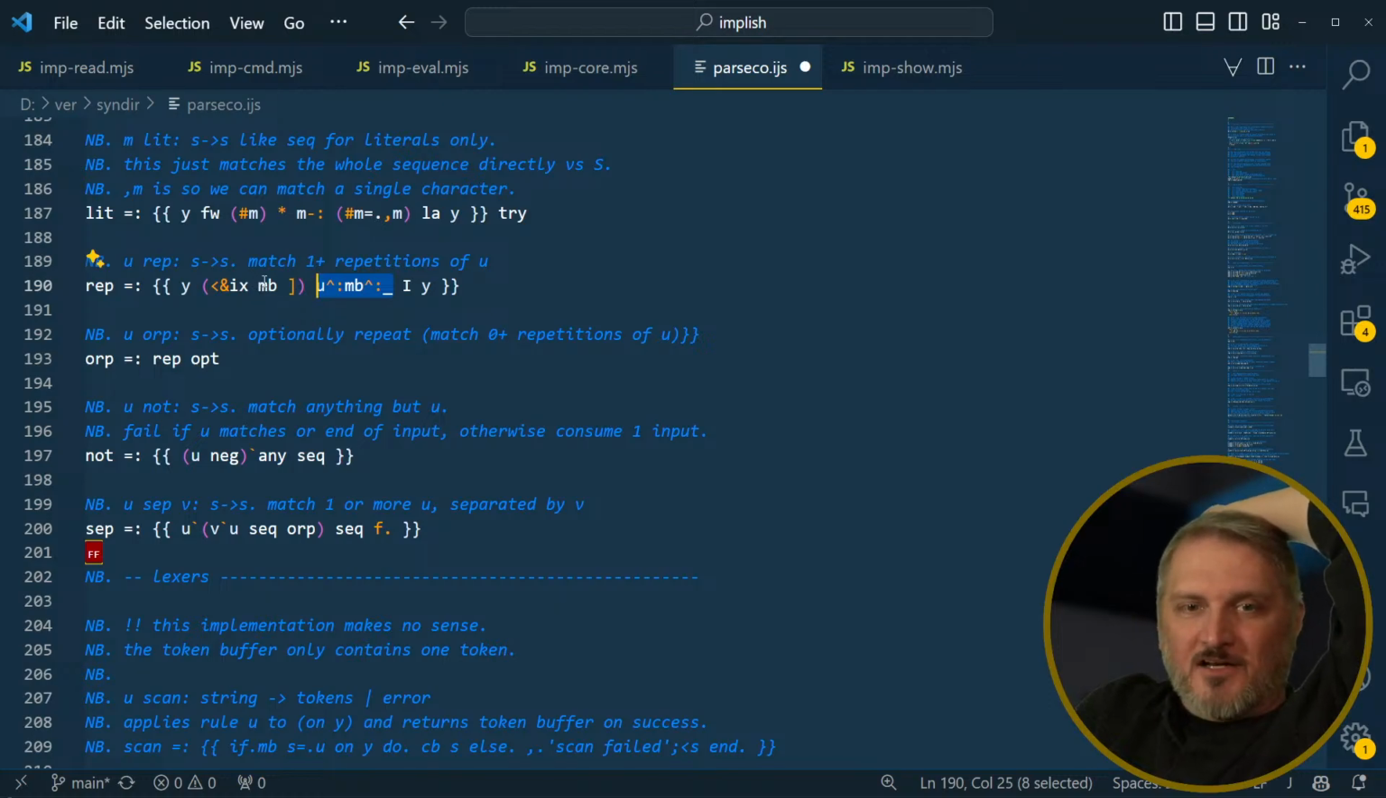No, I see. Sorry, this is a setter. This is a fork. So this is going to happen. This is the input to MB, so on the right, and then this is the other input to MB. So we're going to say